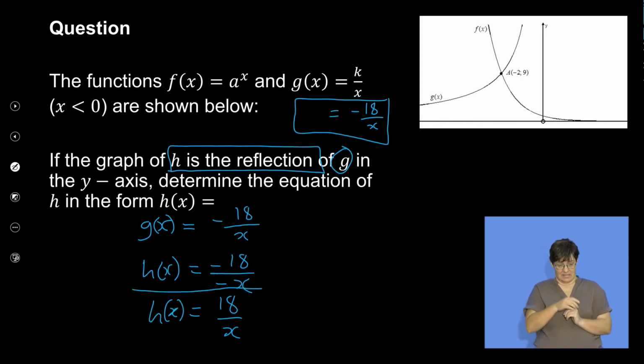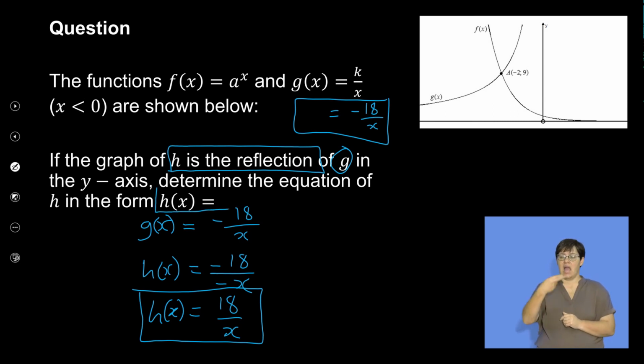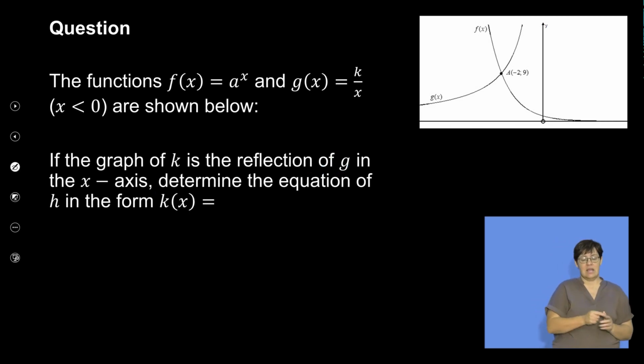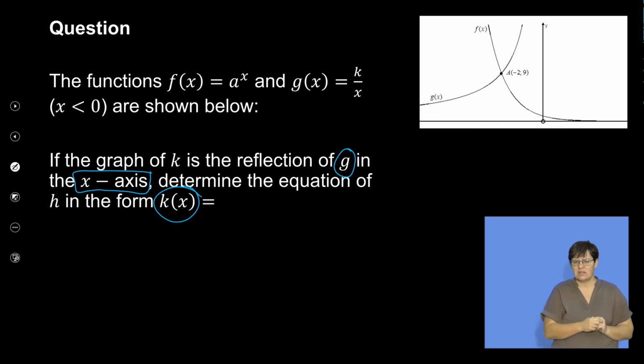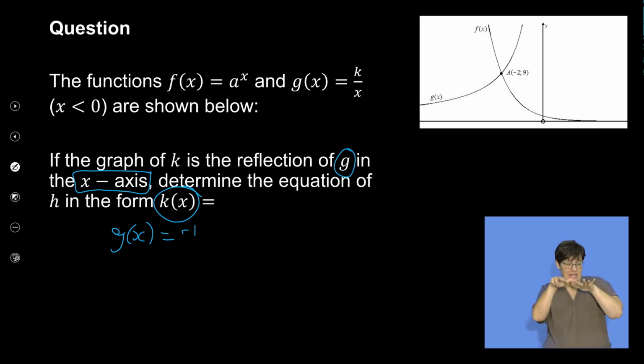When they say to you in the form of, it means your answer must be left as h of x is equals to something. And then if the very same graph that we are using, which is g, we are reflecting in the x-axis instead of the y-axis, we want to form the graph of k. This would simply mean that our equation is g of x is equals to minus 18